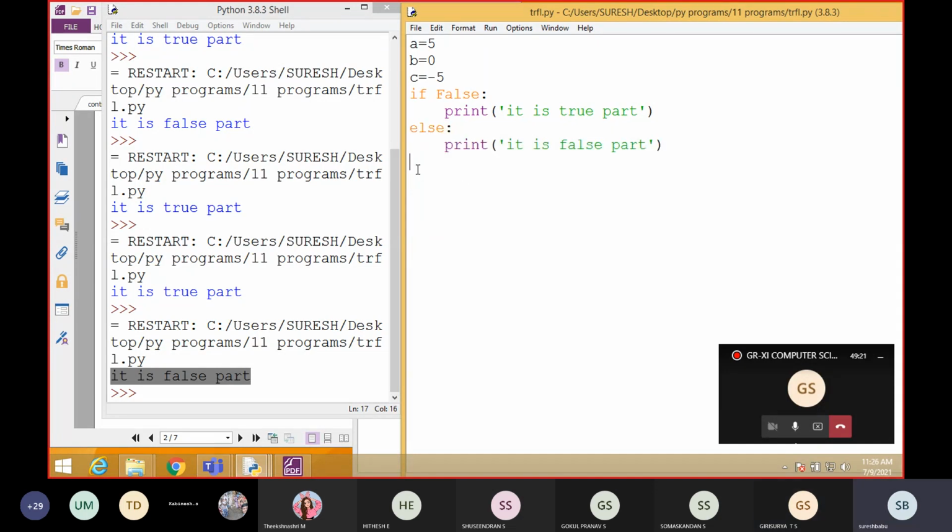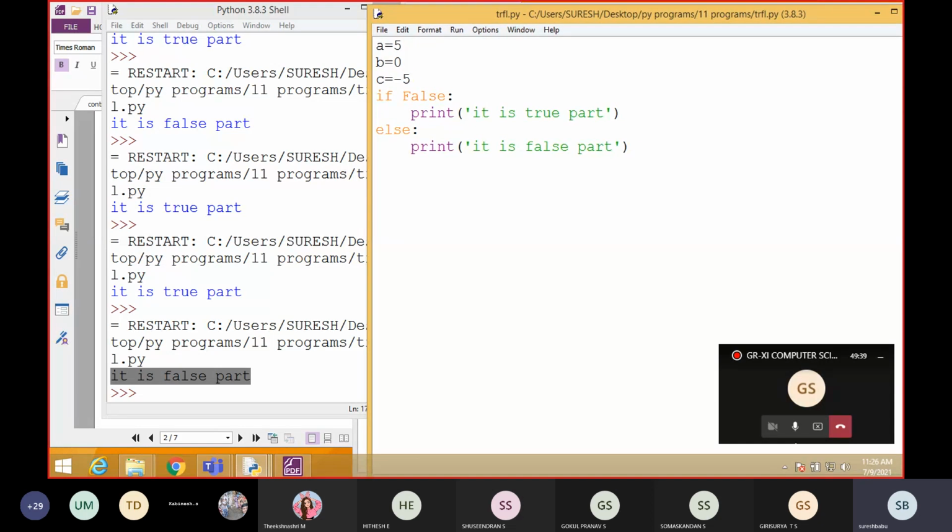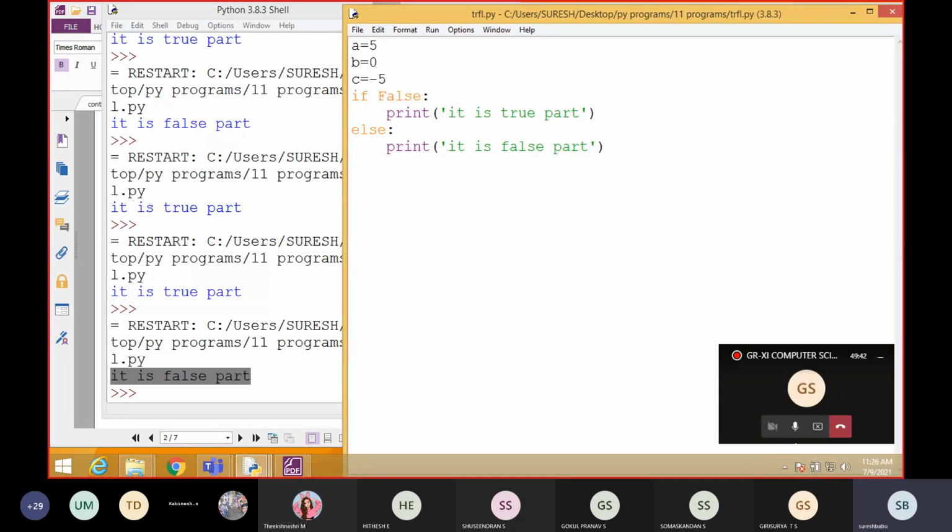Students, kindly practice these programs once again, and if there is any doubt you can ask me in the next class. Next class we will continue with other types, and today kindly practice these questions, because next week's test will be related to these conditional statements.